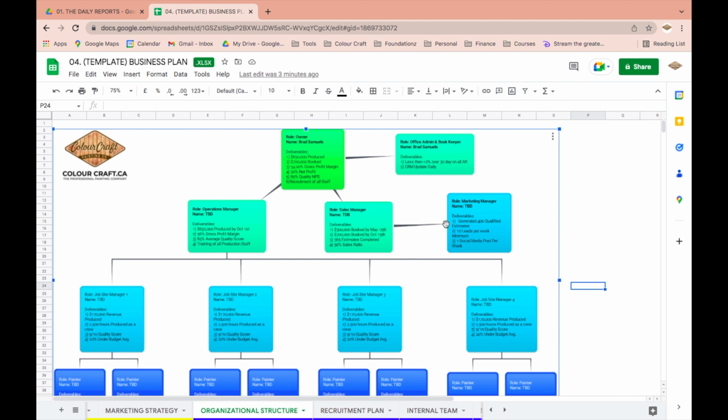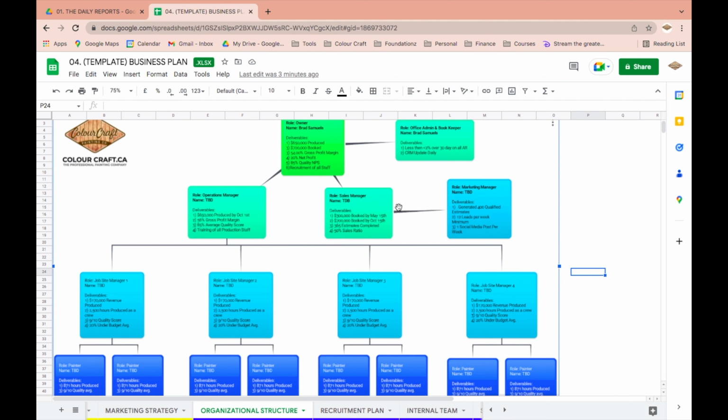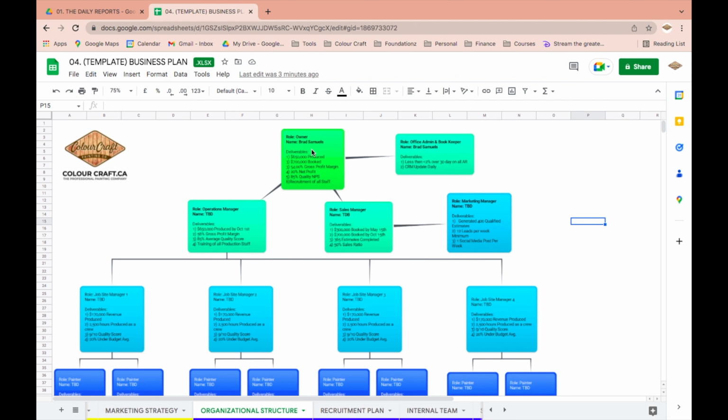This is just literally a picture, which I copy and pasted, right? But to build this organizational chart, there's a training on how to do that. What I love about it is it literally outlines what the org structure looks like, who's reporting to who, and who's responsible for doing what in the company.